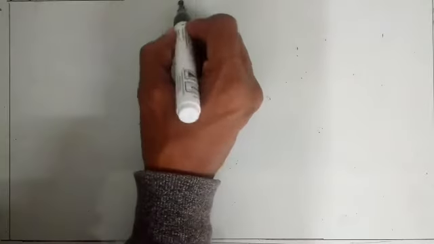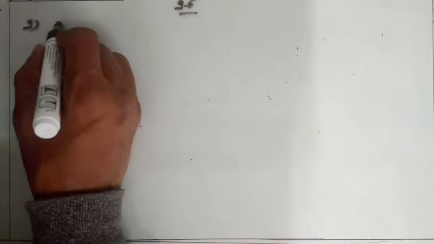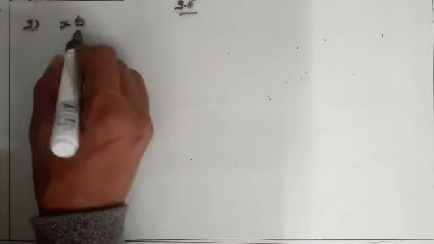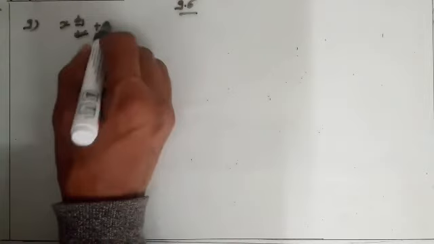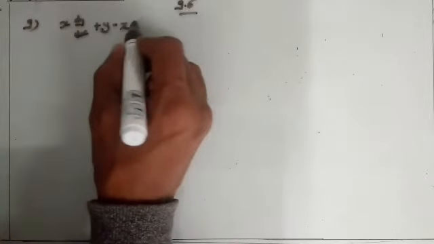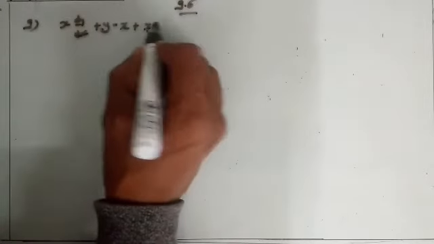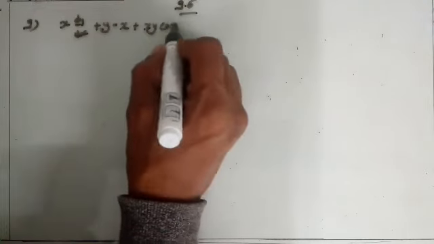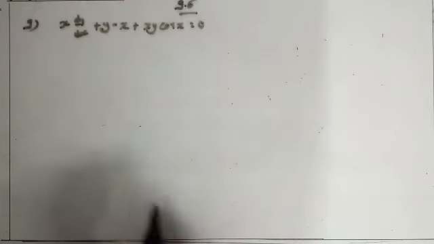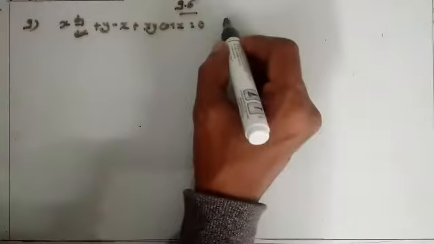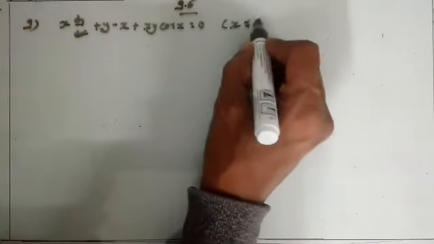Hello friends, now here we solve the remaining questions of exercise 9.6. Question number 9: find the solution of x dy/dx + y - x + x y cot x = 0. Condition given: x not equal to 0.